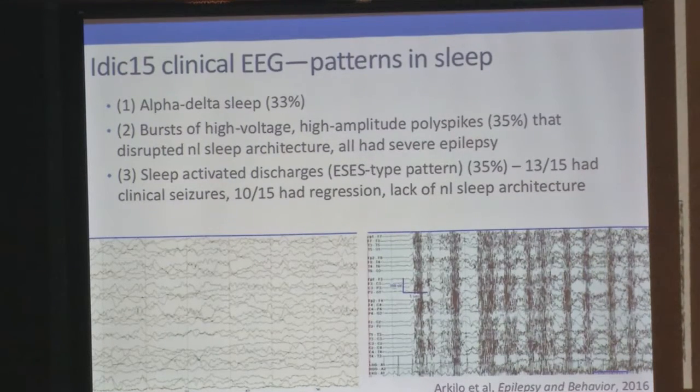and a couple of patterns emerged. One was this alpha delta sleep, which really is characterized by these slow delta oscillations with kind of overriding alpha above it or through it, essentially. That was found in about a third of children with Dup15q syndrome. There was another third that also showed these bursts of high voltage, high amplitude polyspikes, and this is an example of that. And it really disrupted the sleep architecture, the classic kind of movement into increasing delta over the stages